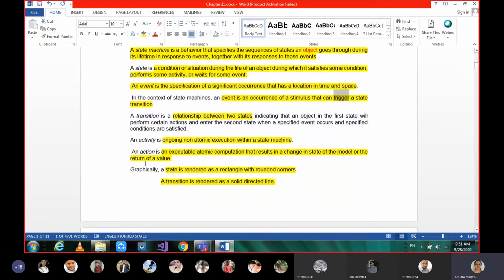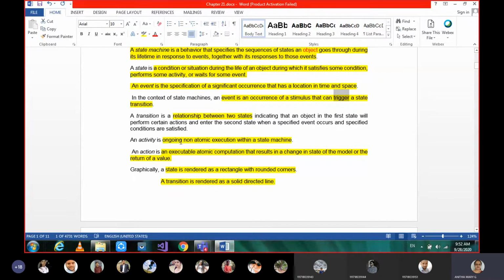Okay, and then activity. So we are slowly moving on to each and every terminology we have learnt already. If you remember what an activity and action state is, in activity diagrams the flow control is transferred from one activity or action state to another. That is what we say as activity diagram. But what is an activity then? Activity is an ongoing non-atomic execution within a state machine.